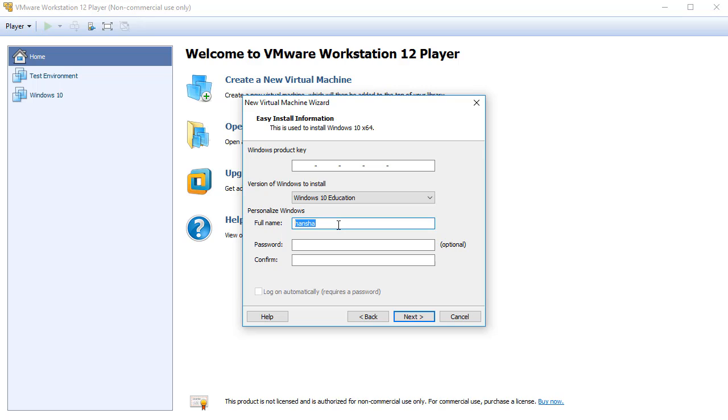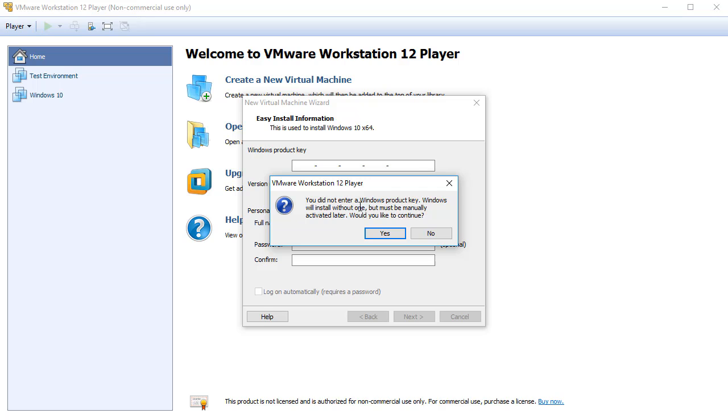I'll just type test environment, like this, and you can enter a password. I'll just leave it blank for this case. Then I just click next,